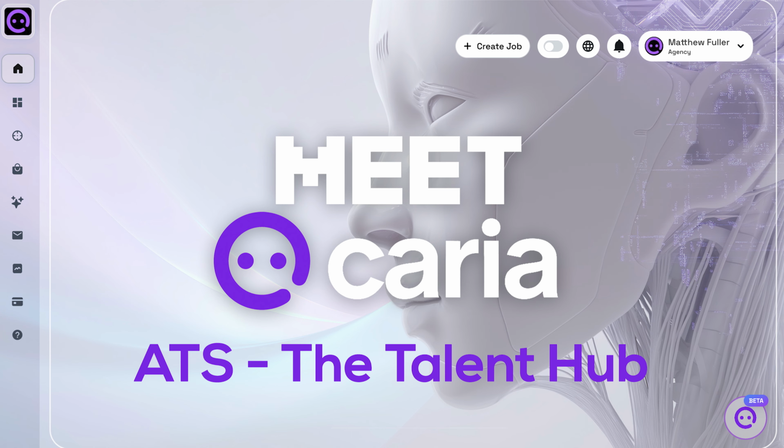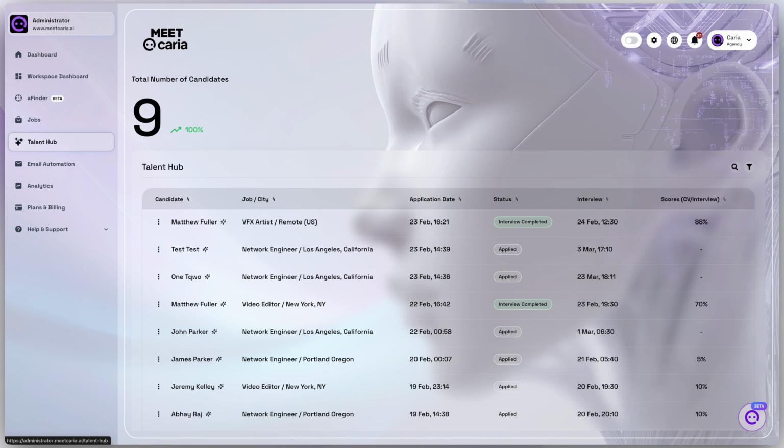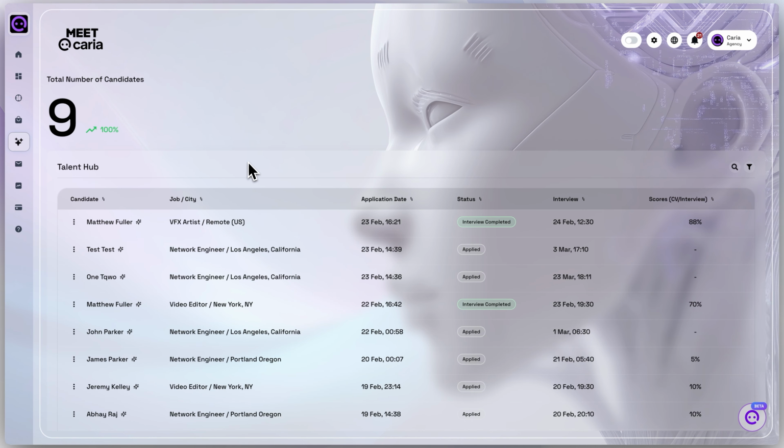My Talent Hub is my applicant tracking system, but it's much more than that. This is where you watch candidate interviews, review my resume and interview assessments, and add your own ratings and notes. You can shortlist candidates for each job while I handle the busy work, so you can focus on choosing the